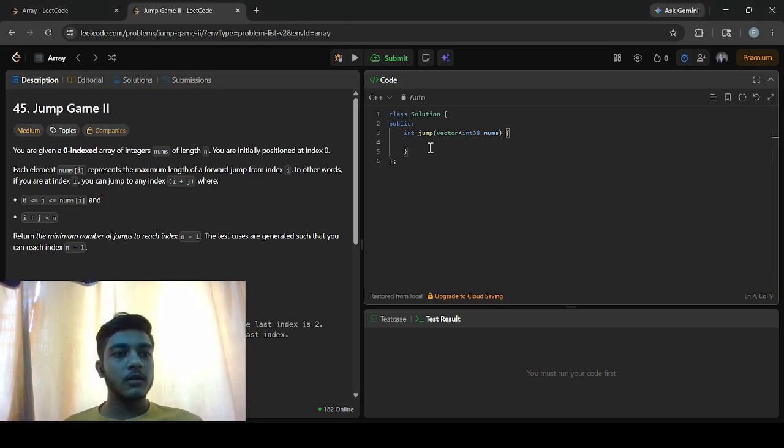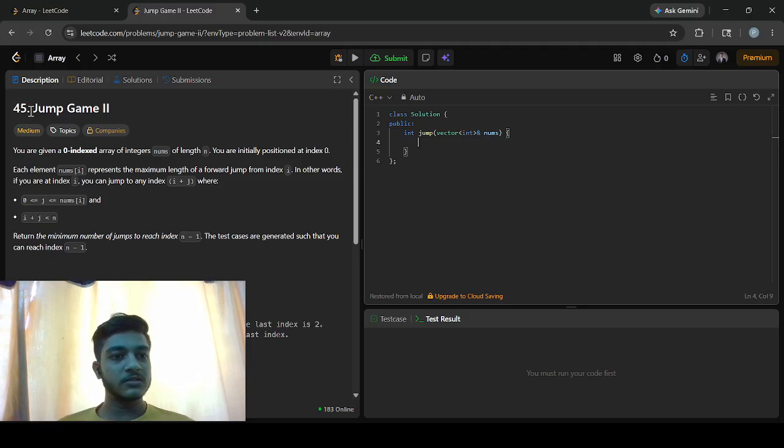Hello everyone. Today we are going to solve the LeetCode question number 45, Jump Game 2. So this is the medium level question. In this question we are given a zero indexed array of integers, nums of length n, and you are